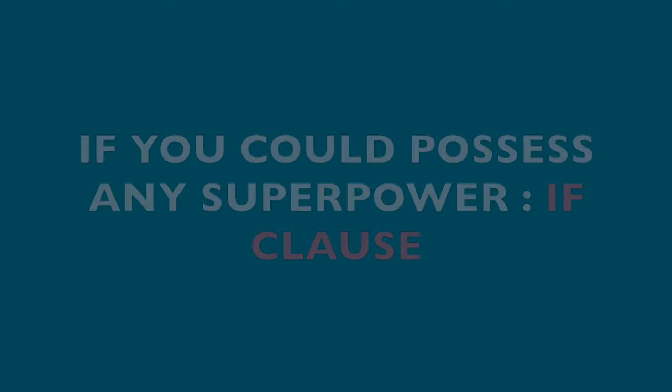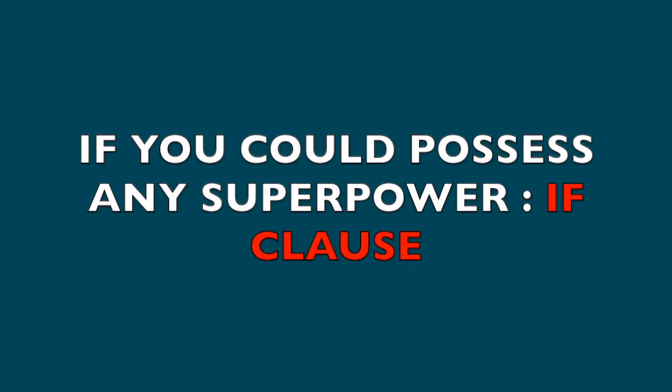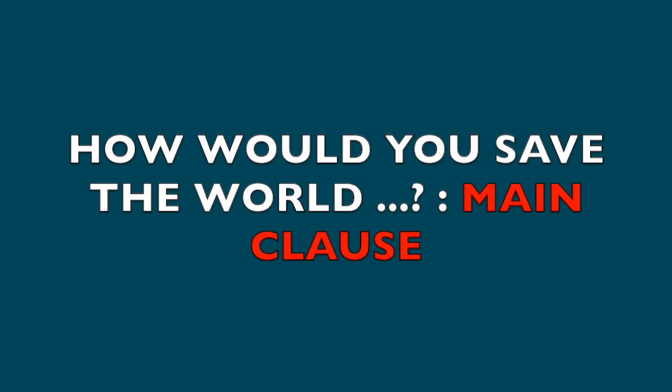We can divide this into 2 parts. The first one is if you could possess any superpower, this is the if this happens clause, or the if clause if you may, the condition. And the second part of the sentence is how would you save the world,